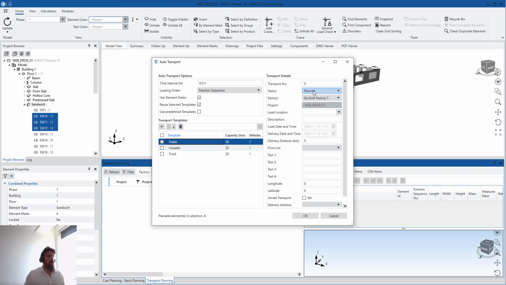And then I will create a status preliminary here. The preliminary status is because I do not want the actual status of my elements to be affected just because I have created a transport, right? So this is not what I would like to do. You can select a price list, you use the element dates, meaning that this is going to be blocked and the date is automatically selected